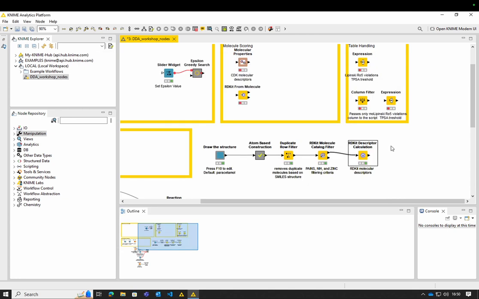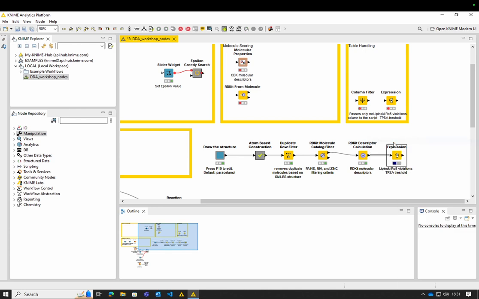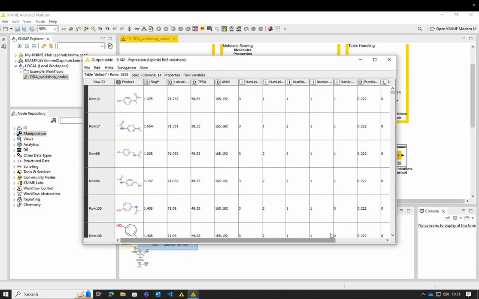So what we could do then is take these descriptors and calculate, for example, an MPO, or we could go ahead and filter more based upon these descriptors. We could calculate, for example, the Lipinski rule of 5 violations and whether or not they match a TPSA threshold. To do that, we go up to the Lipinski RO5 violations and TPSA threshold, click and drag down, and connect these together. So we can say, okay, based upon this data, calculate me the Lipinski rule of 5 violations, and based on a particular threshold, the TPSA will say yes, it is above, or no, it is below. If we then press execute, right click, and go to output table,